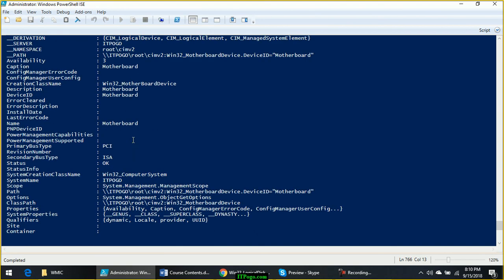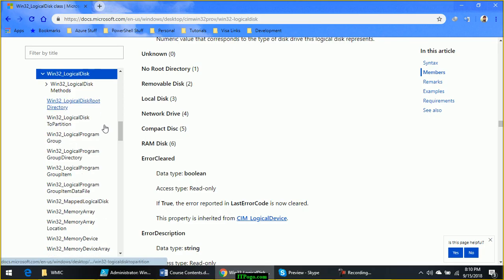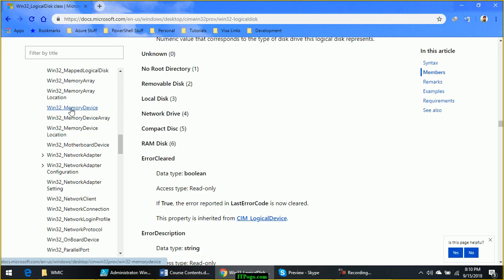If you see some suspicious numbers and you want to find the details about those numbers, go and check the class details. Instead of Win32_LogicalDisk, you can check what is the meaning of MotherboardDevice.